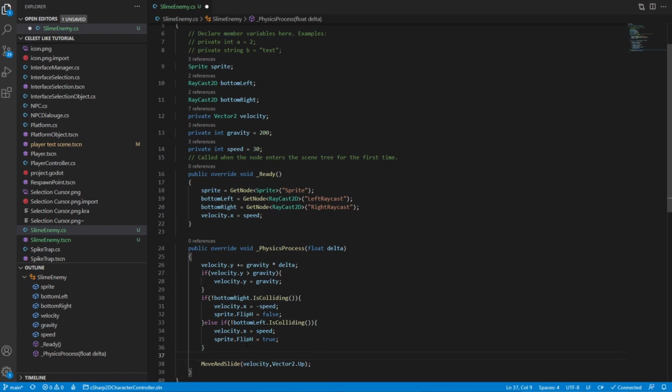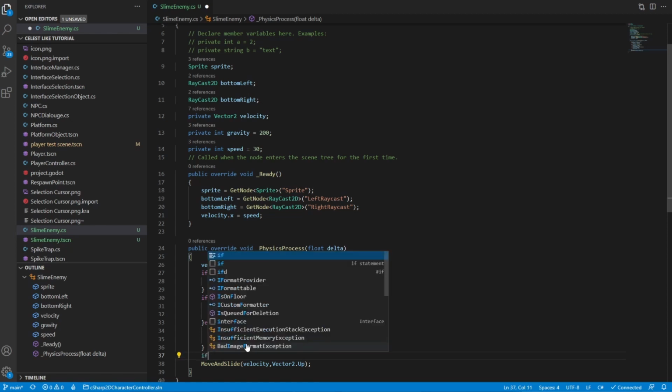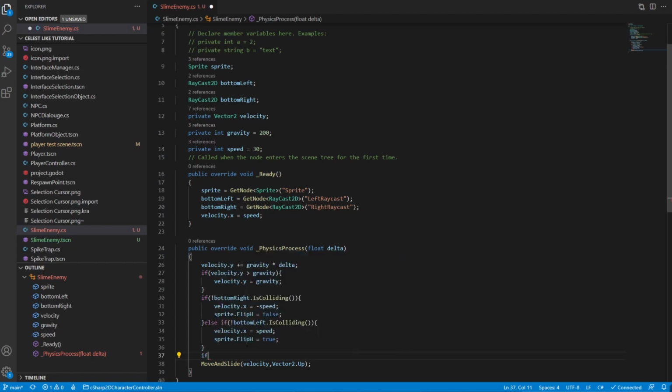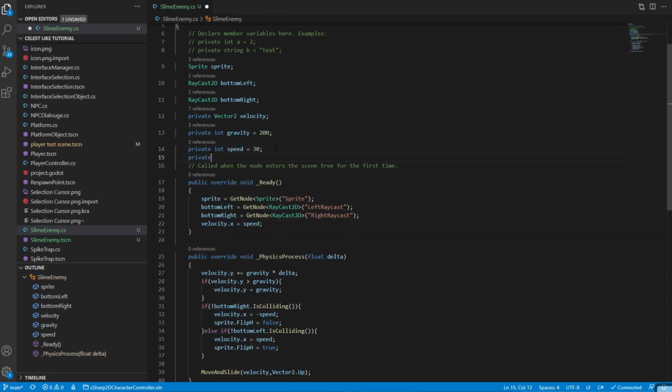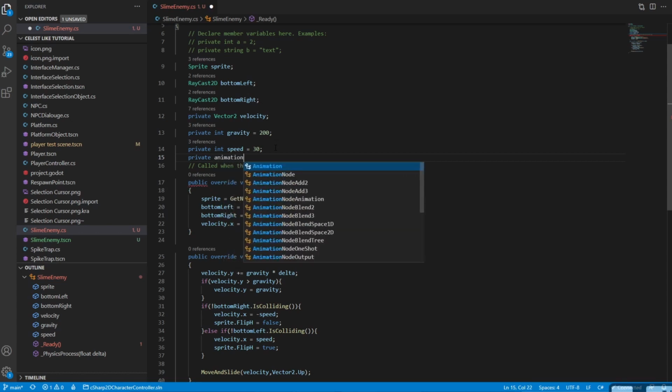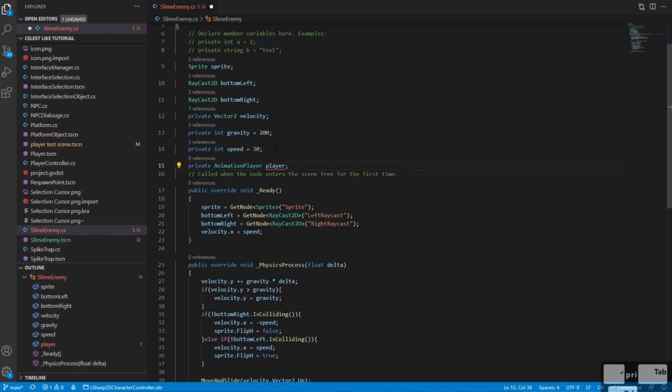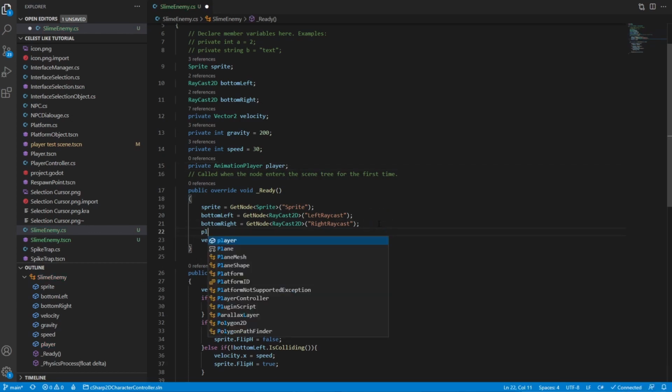So let's go ahead and make him play an animation. So we're going to say, hey, if animation, do I have access? Oh, I should probably make an access up here because I was going to just do get node, but that would be really inefficient. So let's do private animation player, and let's go ahead and grab it right here.